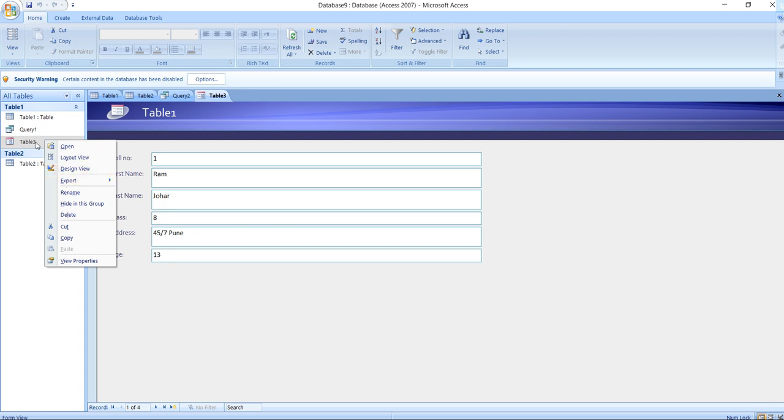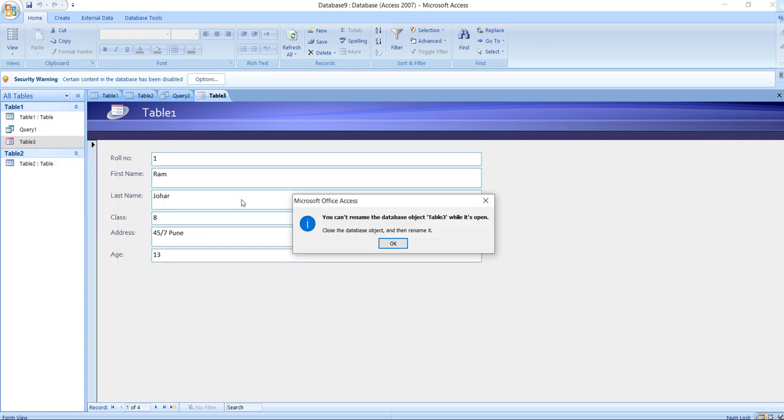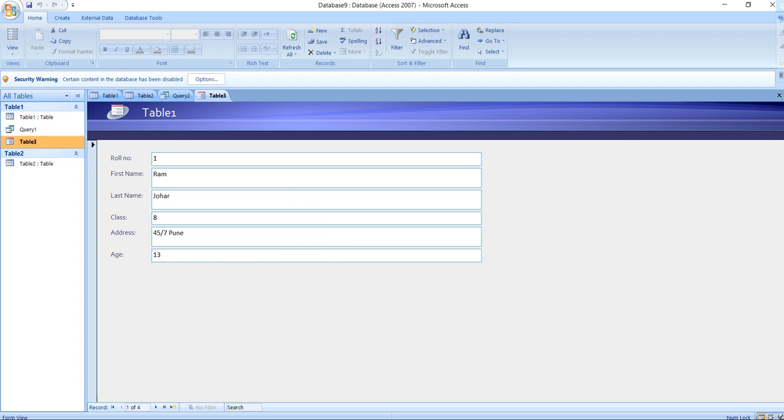So in the navigation tab, I'm going there and I just wanted to rename it. I'm not able to rename that. So leave it.